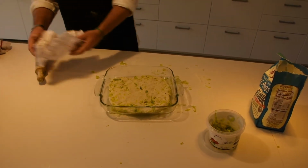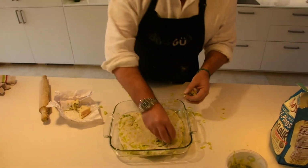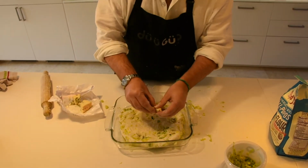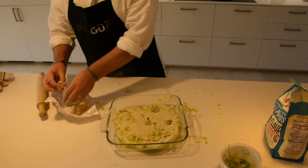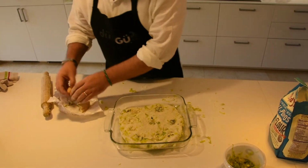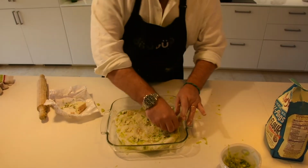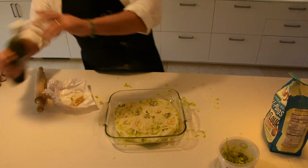Okay, and then we've got a bit of blue cheese. You could use any cheese. This is really strong Roquefort cheese that we picked up at our local cheesemonger. I'm just going to push squares of cheese into the bread, and then when we put that to rise one more time, the bread will really come round the cheese and kind of envelop the cheese as it melts. So I'm just going to push that in there, just like that. A little bit more olive oil on top,